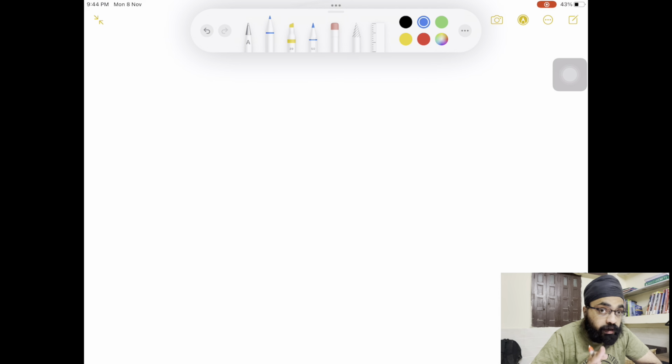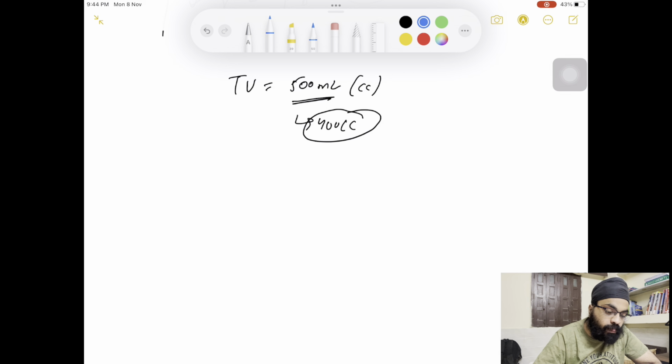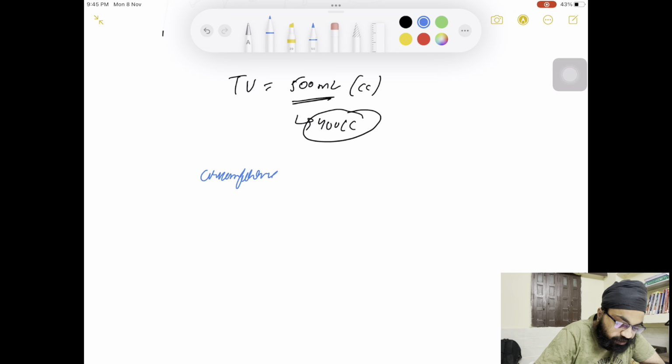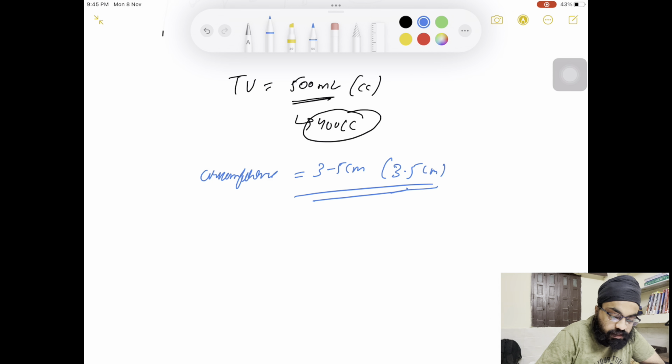Diaphragm is the most important muscle for inspiration. The rest 100 ml is by the anterior posterior and transverse diameter expansions that are taking place. When you inspire, the anterior posterior chest is also expanding. So there is an increase of circumference. How much? In the case of forced inspiration, 3 to 5 centimeter, average being 3.5 centimeter. These are the values that they usually measure during the selection of the army.